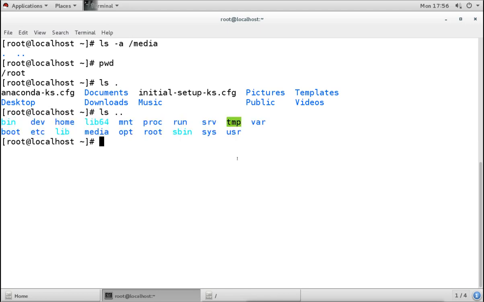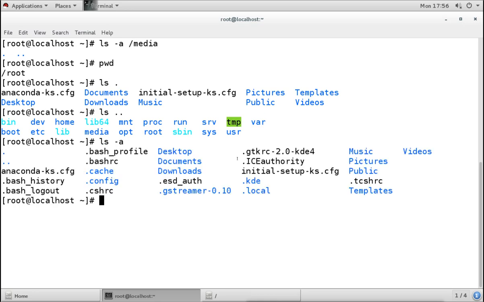So when we list all hidden files, it shows these dot and double dot for every directory, whether the directory has any content or not. This double dot and dot mean the previous directory and present directory. So what does this option do? ls -a lists all the content, all the files, including hidden files and directories.